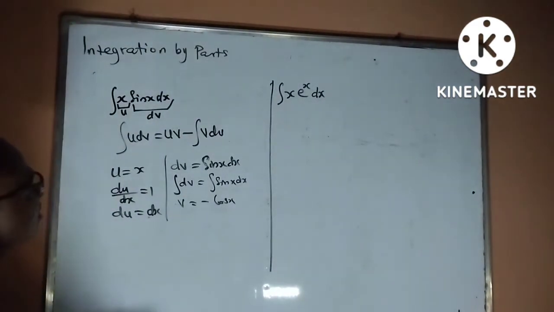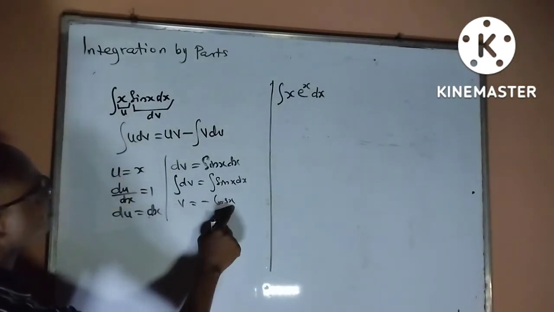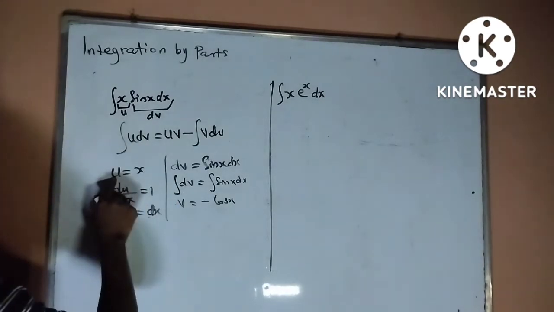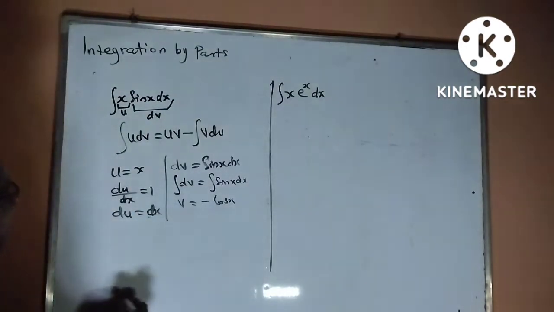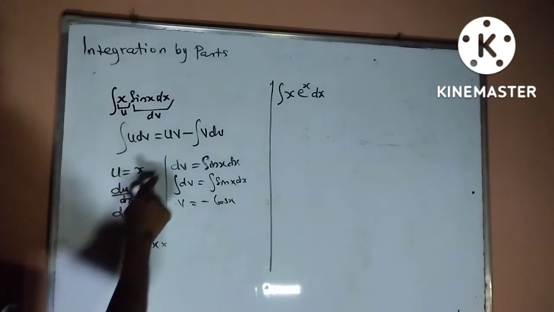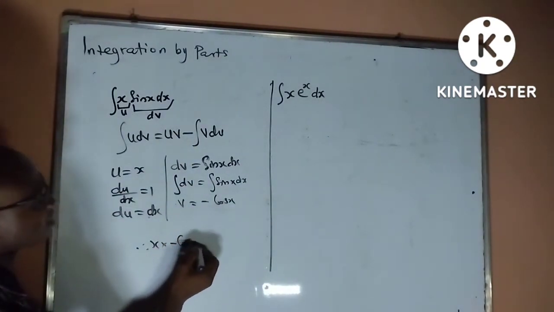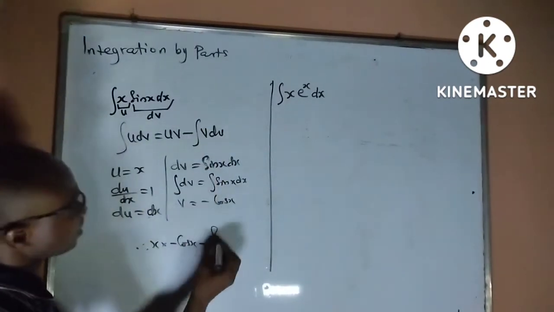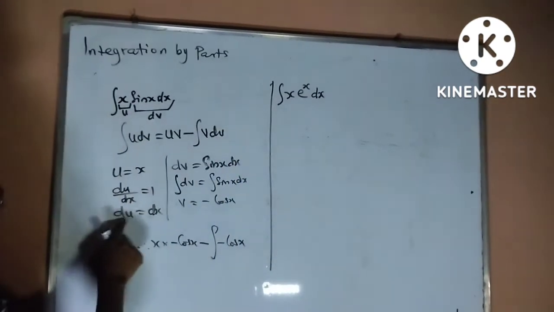That means that my v is minus cos x, my du is equal to dx, and my u is equal to x. So, substituting into the formula, my u is x, and my v is minus cos x,